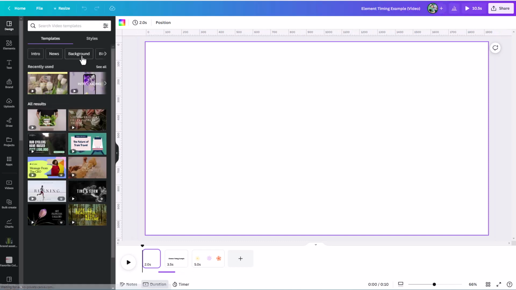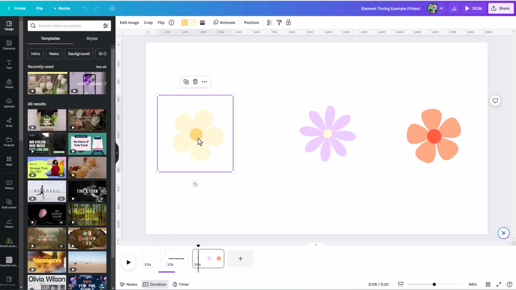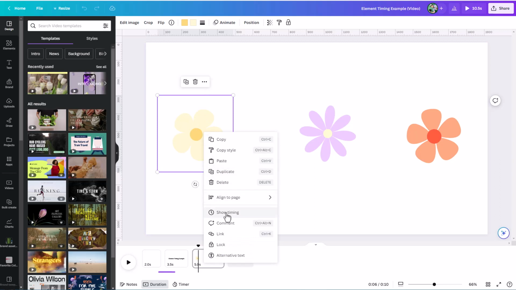Now this resize is a pro feature, but if you don't have the pro feature, you can of course just start your project as a video. But I just wanted to show you that we are now in this video format. So now if I scroll forward to where I have those flowers on my timeline, and I click on one of these, and right click or use these three dots, suddenly I have this show